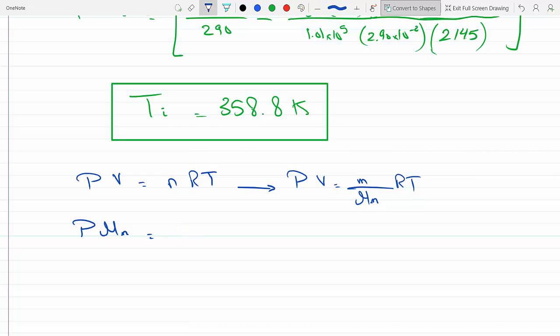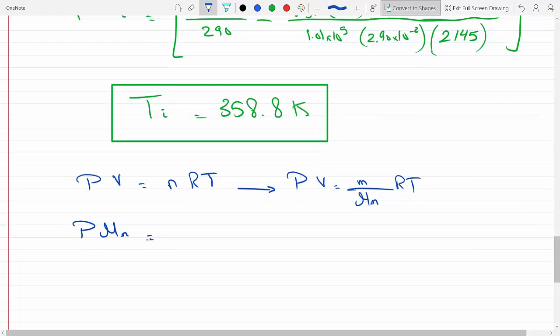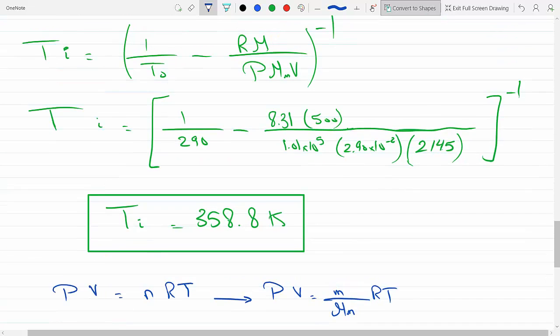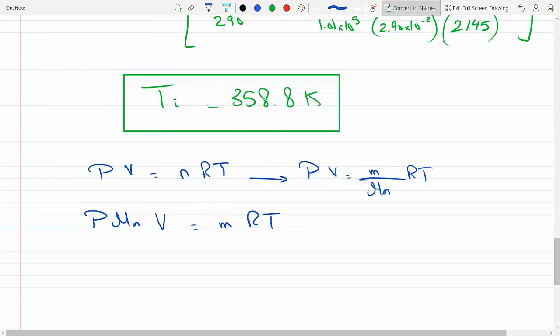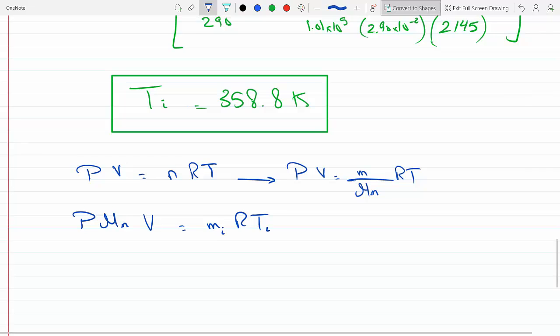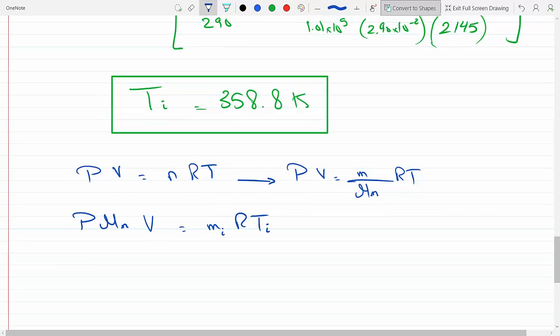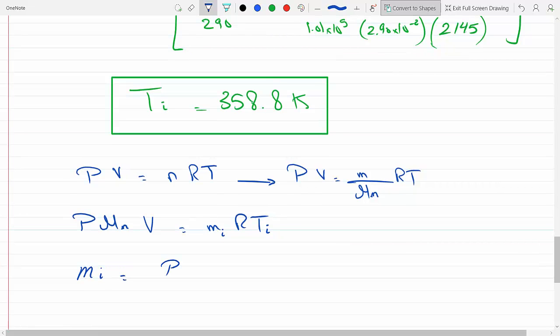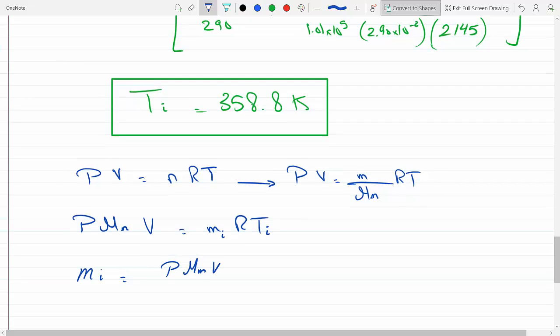I don't want this to go away, so let's leave it. PV equals mRT. Okay, and if we're talking about inside the balloon, if this is the mass of air inside the balloon, this has to be inside the balloon. This is the volume of the balloon, and the pressure is the same, so we get